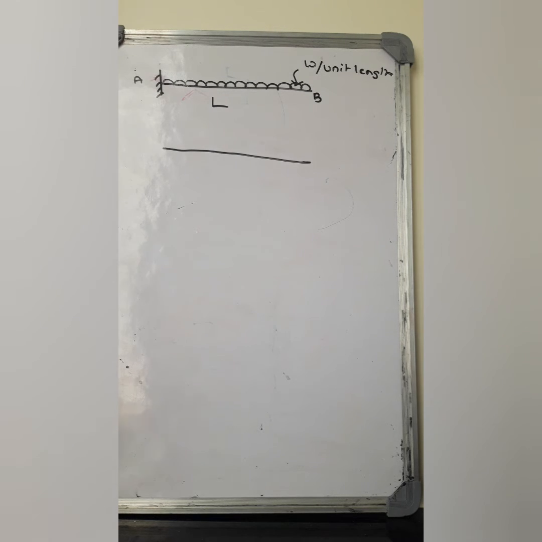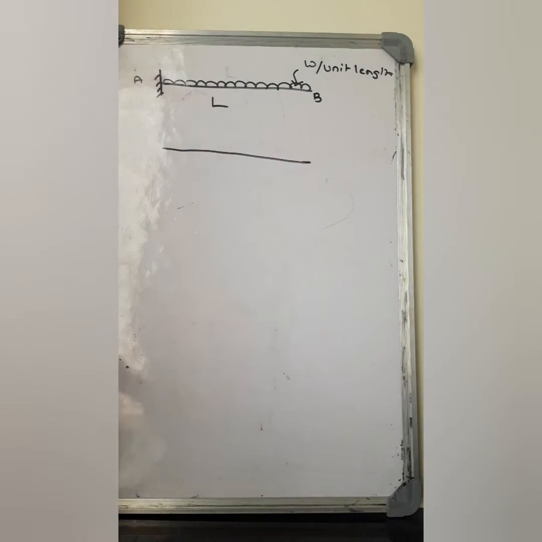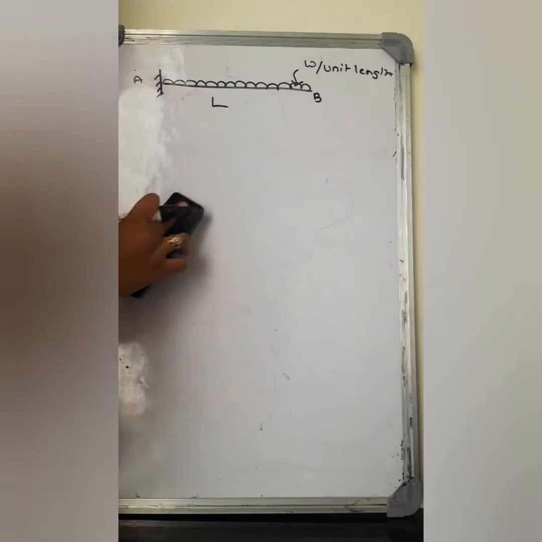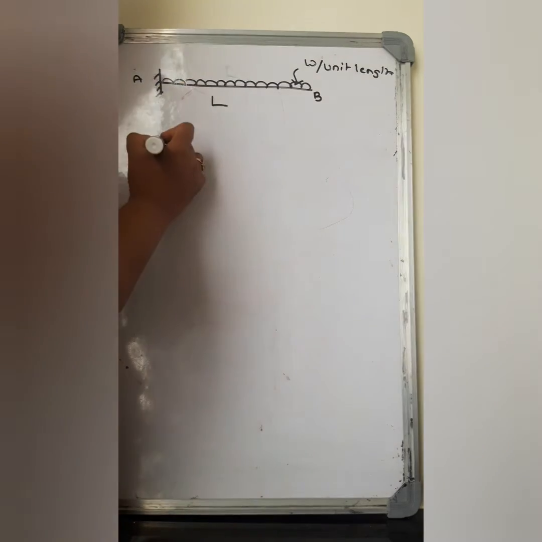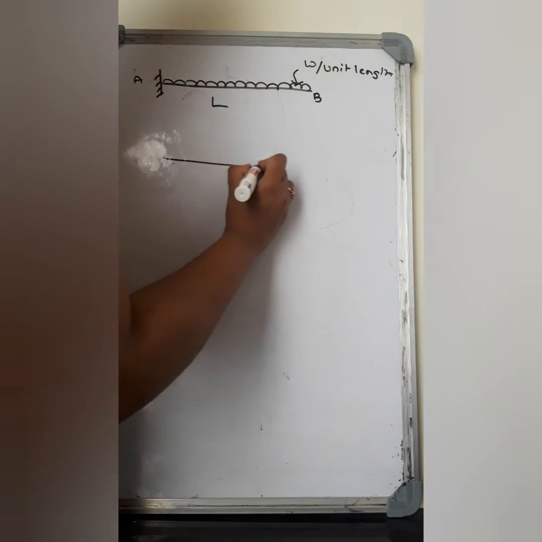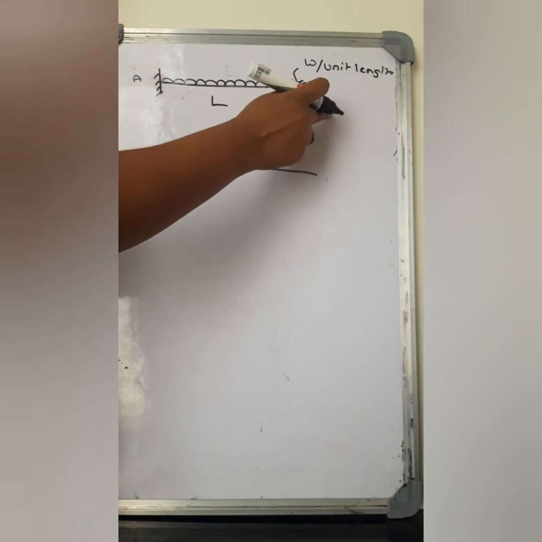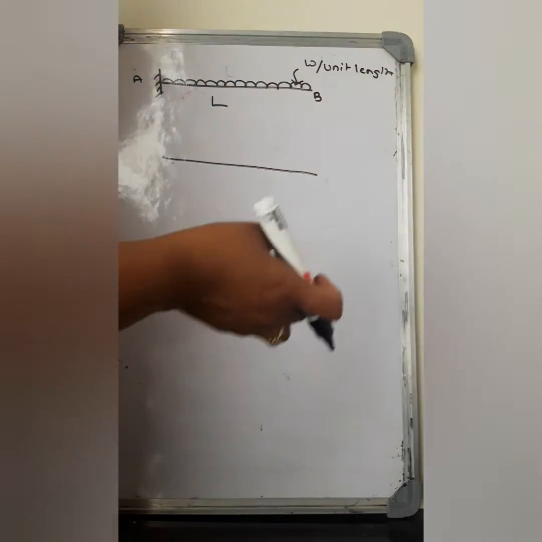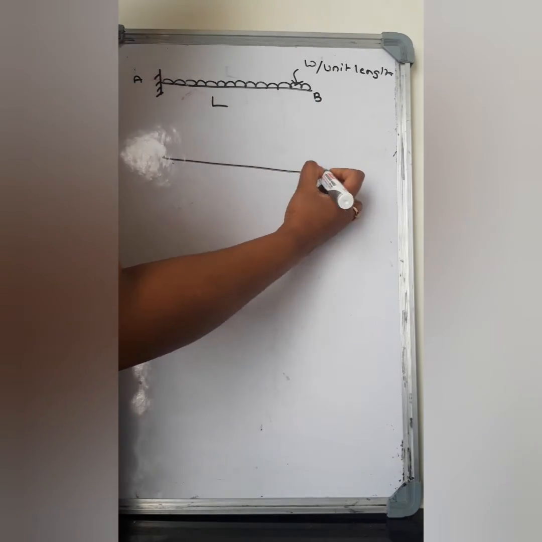Okay, so we'll start with the calculations here. So first thing is what? We are going to calculate the bending moment. To calculate the bending moment, I'll just write down the reference line over here, and I'm going to start from B to A. So that means I'm taking the right portion here. So to the right of B you don't have anything, so it will be 0.